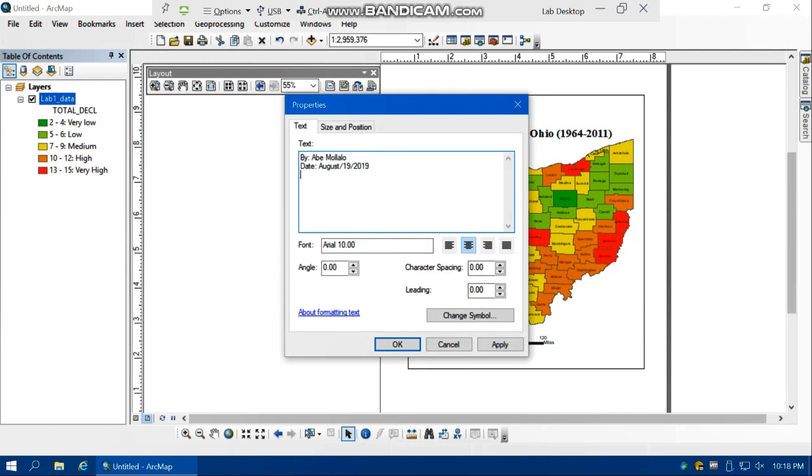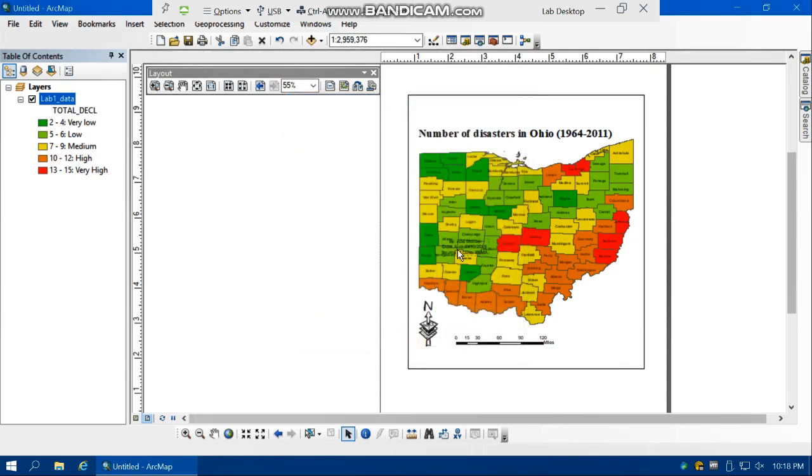Map projection, maybe we'll talk about that in this semester. Source of data from FEMA, and then apply OK. So you can see that some information has been added.